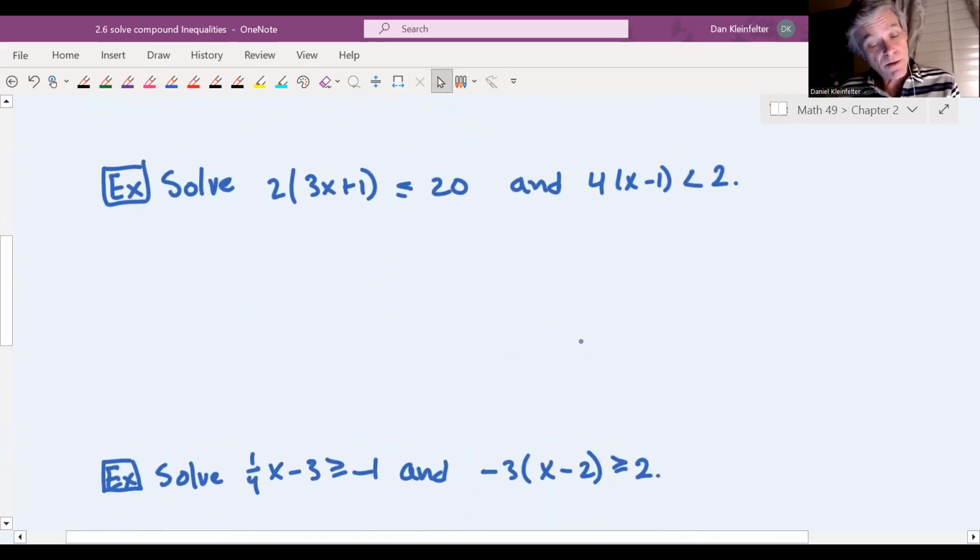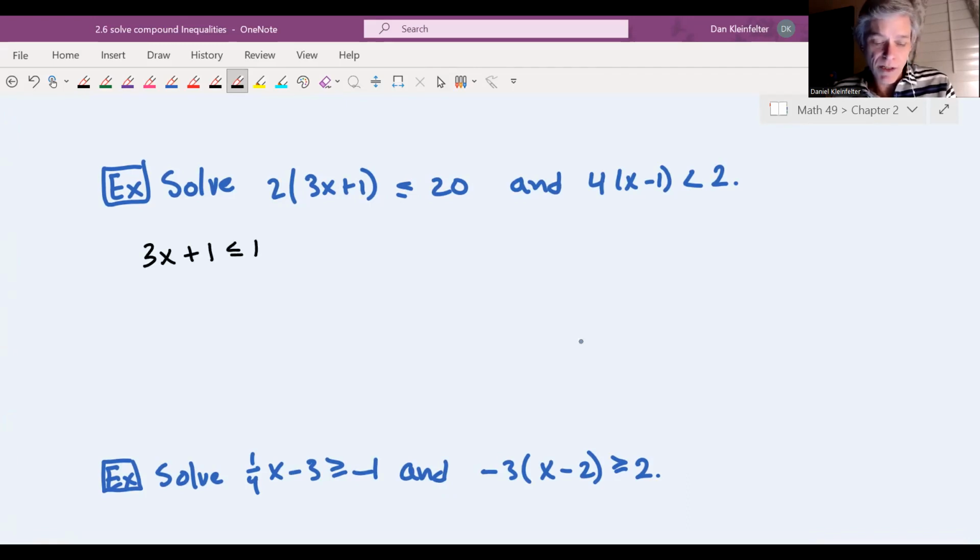So here we have 3x plus 1 is less than or equal to 20. I'm going to solve that one by dividing through by 2 first. If you wanted to distribute first, that will do just as well. So here we'll have x is less than or equal to 3 for part of it. And then for the next one, I'm going to